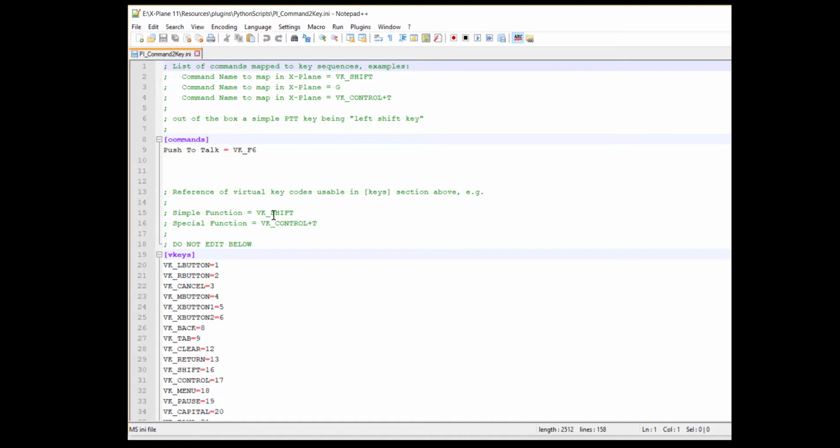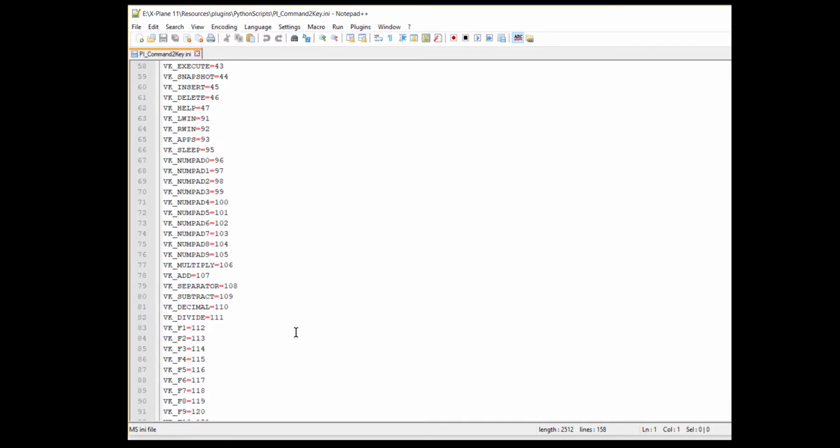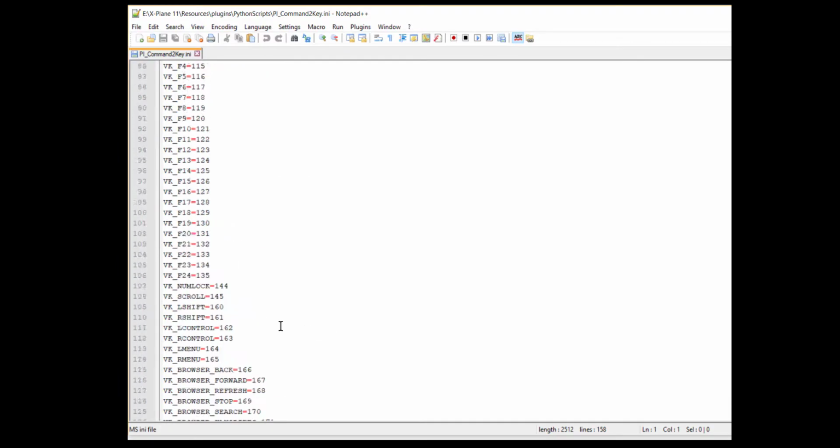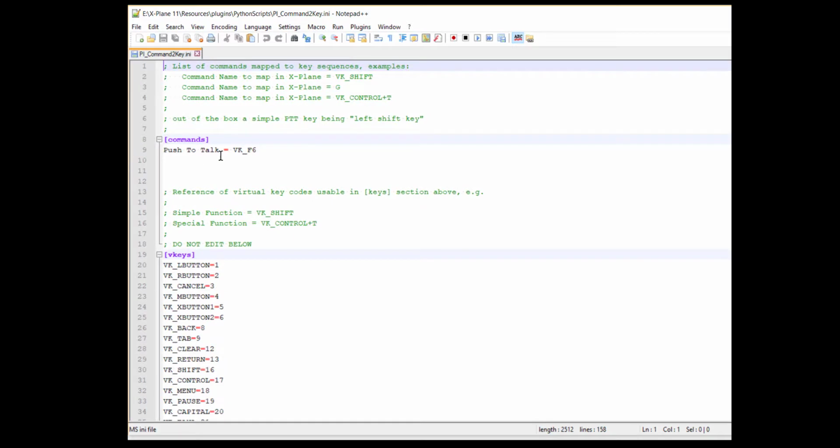the F6. And you just edit that and use whatever function that you want to, whatever key combination you want to. F6 was already assigned in X-Plane to something else. I think it was decrease mixture or something like that. So if you are going to use a keyboard shortcut, remove that function or remove that mapping from inside X-Plane. Below here are all the virtual keys, by the way, if you scroll down, but you're not supposed to edit any of that. All you have to do is edit this push to talk, and we'll come back and I'll show you can actually put any command you want in there. Save this file,